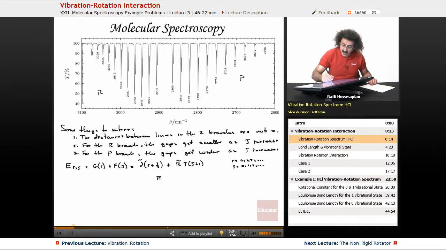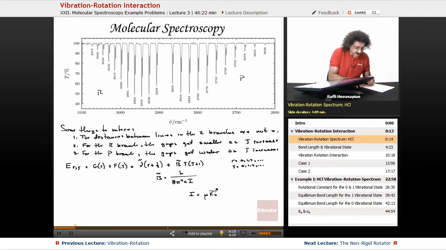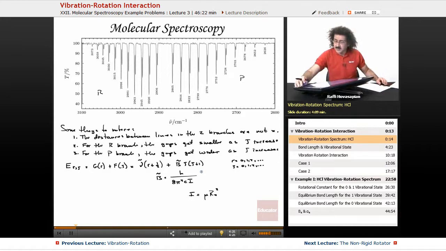Now in this particular case, B, the rotational constant, is equal to Planck's constant over 8π²cI, where I is the rotational inertia. And the rotational inertia happens to be the reduced mass times the equilibrium bond length squared. So this is the expression for the energy under the harmonic oscillator rigid rotator approximation. Now, let's take a look at